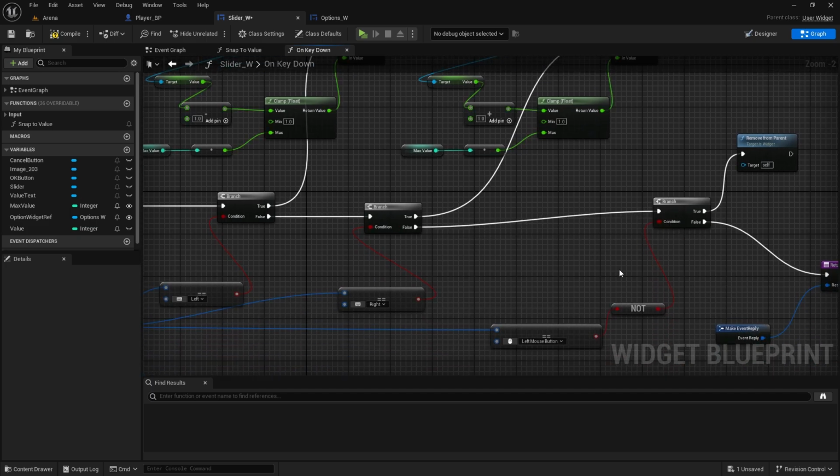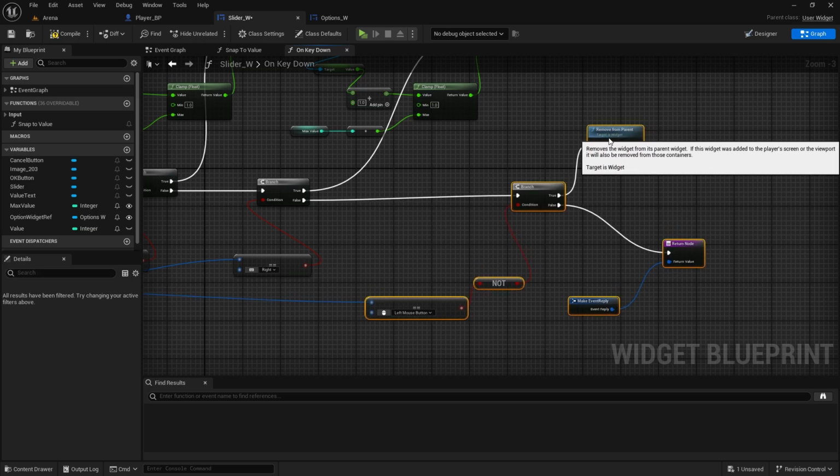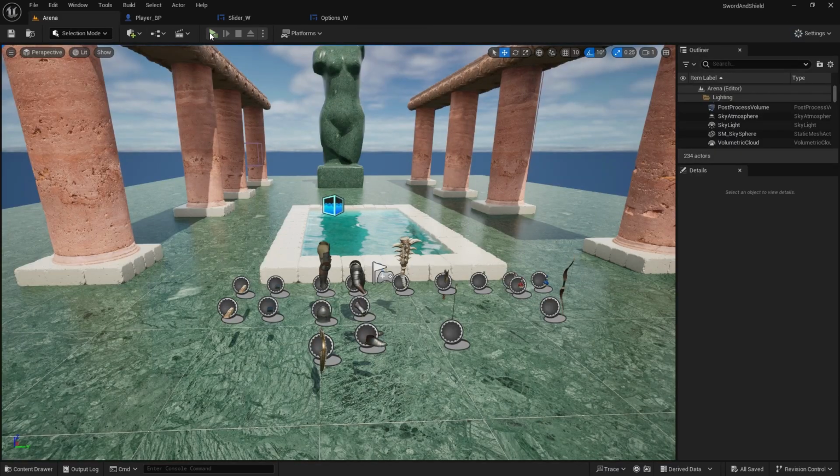And then if it's false, then we check if it was left mouse. If not, then we close the widget. Compile and save. And now